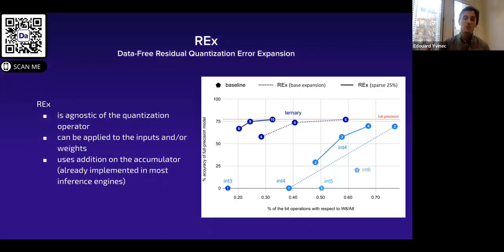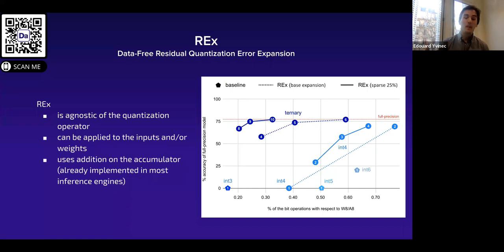So here is an illustration of that. Essentially, if you can see the little pentagons, they are what you would get from the naive quantization approach using your favorite quantization operator. And as you can see in that particular example, you're stuck using 6, 7, 8 bits. So in practice, you're stuck using 8 bits. But using REx, because you have all those trade-offs using different bit widths, you can actually use something that requires fewer bit operations across the network to run one inference and still have full precision accuracy.